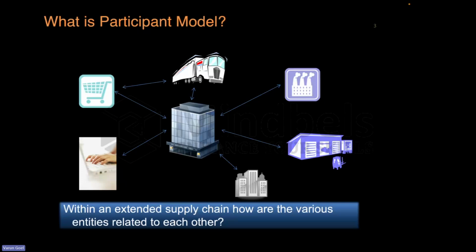Basically, participant setup is how you tell Sterling OMS how your organization works, in terms of how your organizations are set up. What is your catalog organization? What is your inventory organization? Who are your buyers? Who are your sellers? And who are your main enterprise legal entities that can sell or buy or be a customer facing front, and who are your warehouses and fulfillment locations, basically the stores,